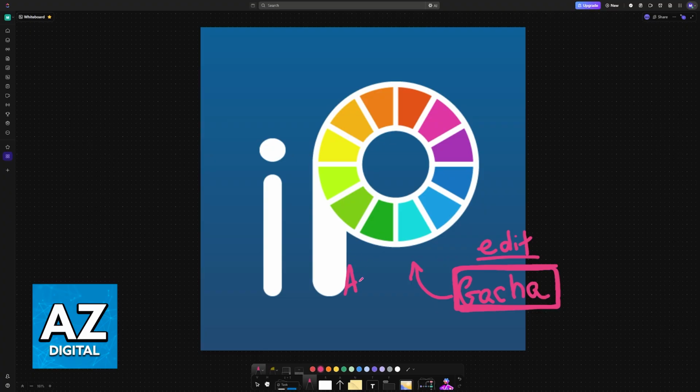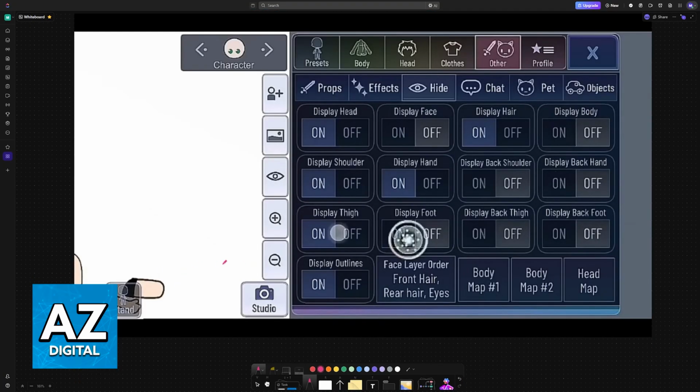To start, download the latest version of the app from the Play Store or the App Store, and you will have to load your gacha character. You can take screenshots inside of the game, and you can even make it so you only display specific body parts. So if you would like, you can display only specific parts of the body, allowing you to take individual screenshots. So you could take one screenshot of the shoulder, one screenshot of the head, one screenshot of the thigh, and this can be useful if you want to load all of them and sort of pose your own character in any way. Alternatively, just enable all of them and save a screenshot of your character.